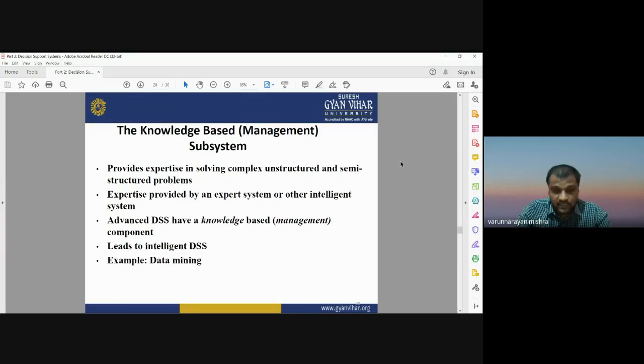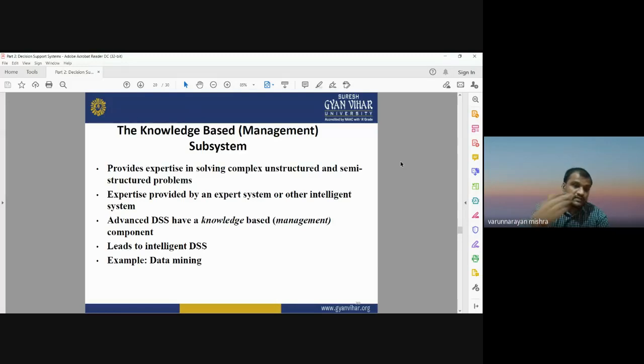Spatial data mining techniques include machine learning or deep learning. Machine learning and deep learning methods can also be used for data mining activities. We can extract the information from the database. So the extraction of the information from a database is known as data mining technique or data mining process.